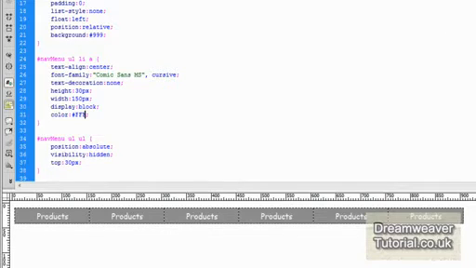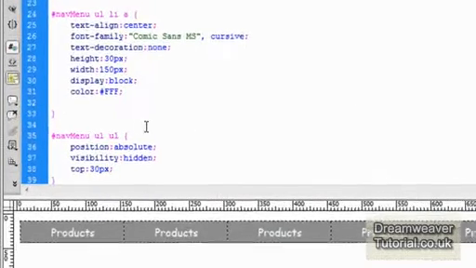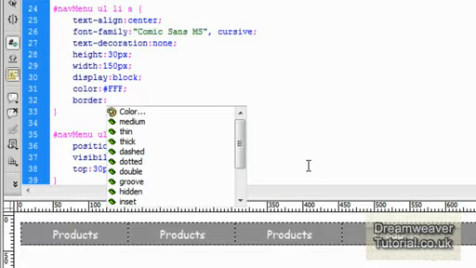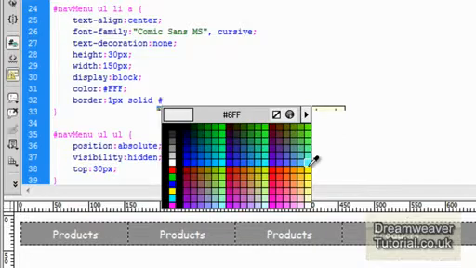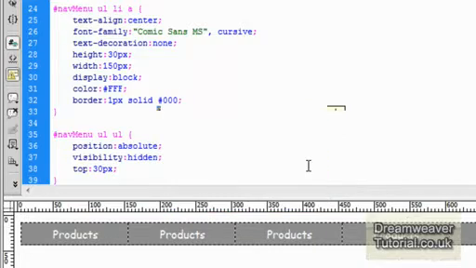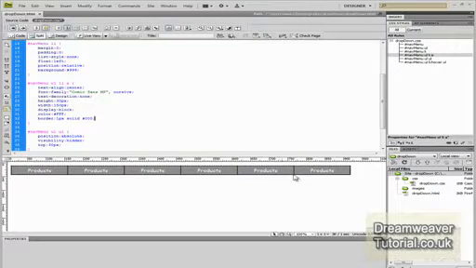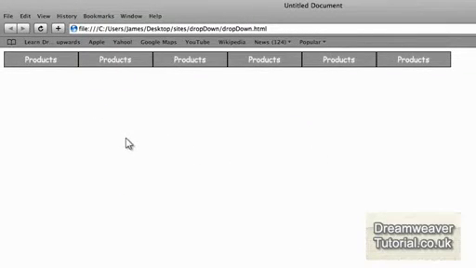So we're going to adjust the link tags, and I want the color of the text of the link to be white. And I'm also going to set a border color. I'm going to set a border colon 1 pixel solid, and we're going to make it black for the time being. Now we're going to change this border to white, but I want to show you something in the styling. Because we added a 1 pixel border, it will add the border on the outside of the links, so the positioning will be slightly out when we do the hover effect. So if we just check that in the browser now,